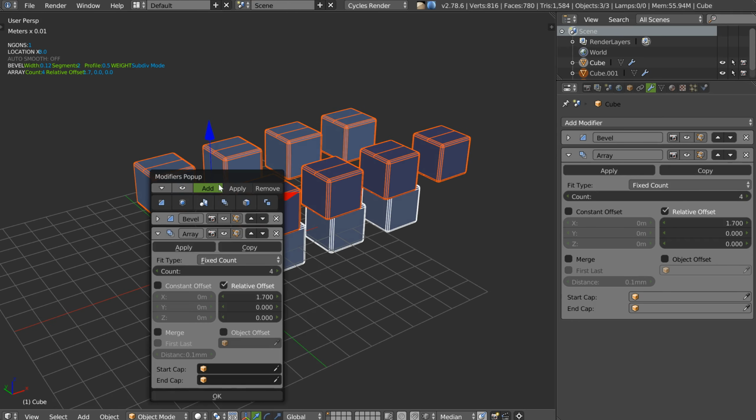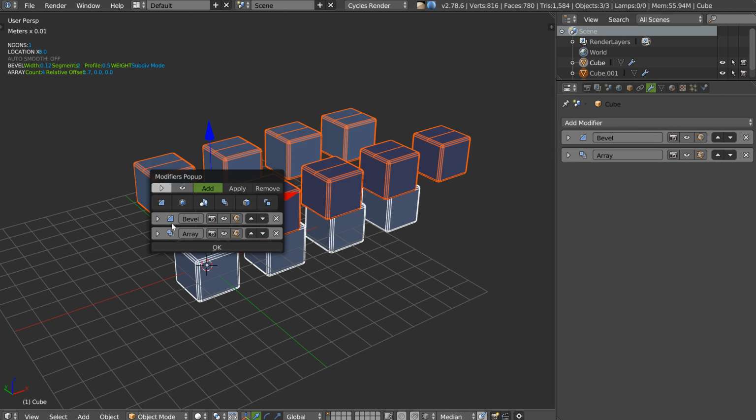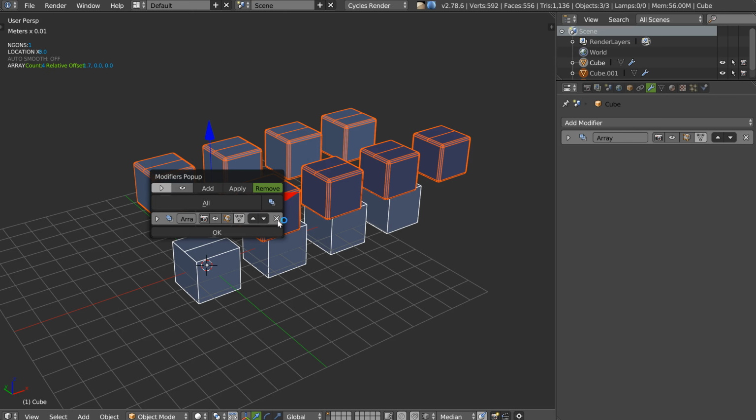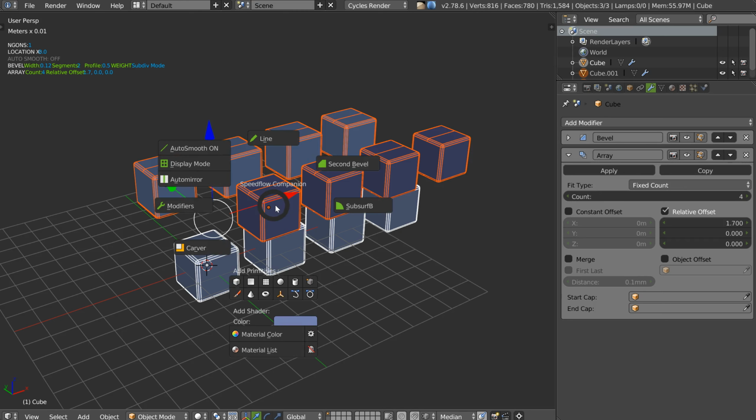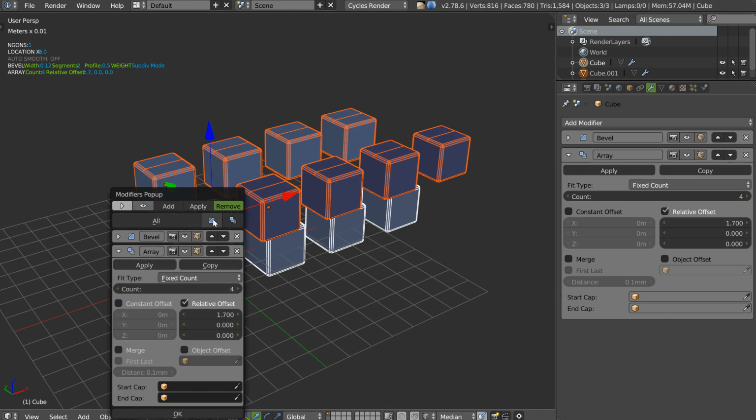In my modifier pop-up, I have the possibility, I don't remember the name, to expand or not all the modifiers, to hide, like this. Yep, and the hide should work on the selection, and this is not working. I will fix this. You can add modifiers too. If I remove the bevel here, I don't know if that will remove it on each object. No. I will undo. And if you want to remove it on each object, you click here.